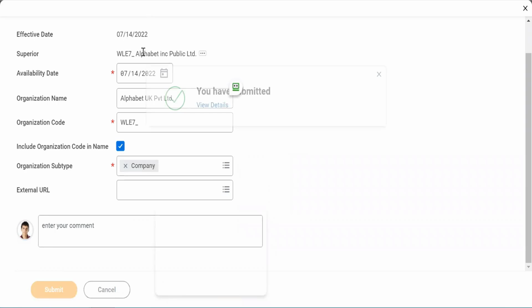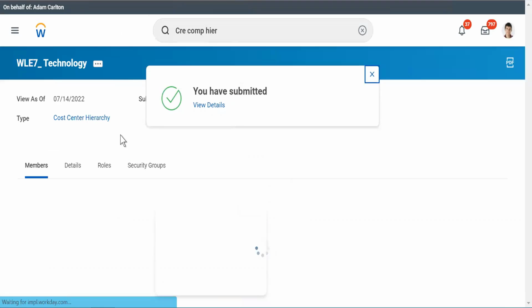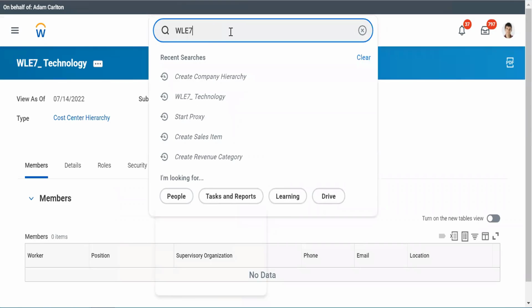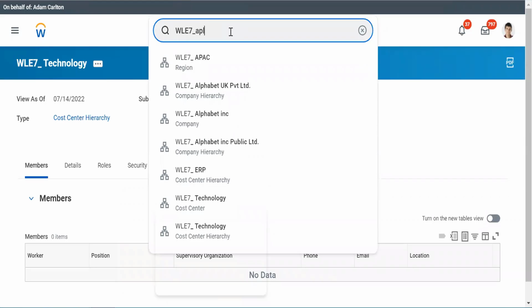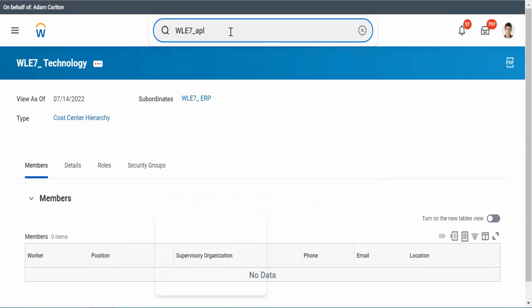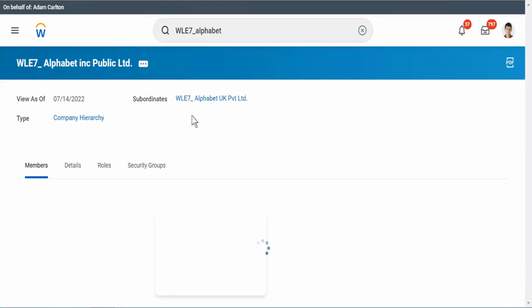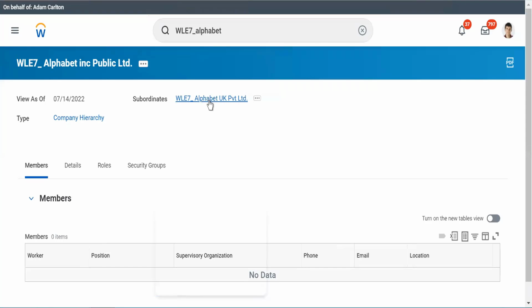So now under Alphabet Public Limited, you have got a hierarchy. I'll have to search it because it will not come like that. WLE7 underscore Alphabet. You see company hierarchy, company and company hierarchy, right? So this is my main public, and then you have a subordinate as UK.